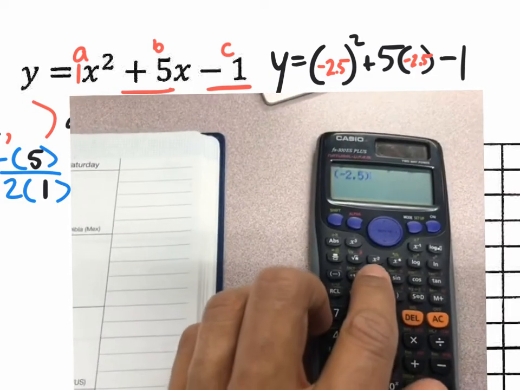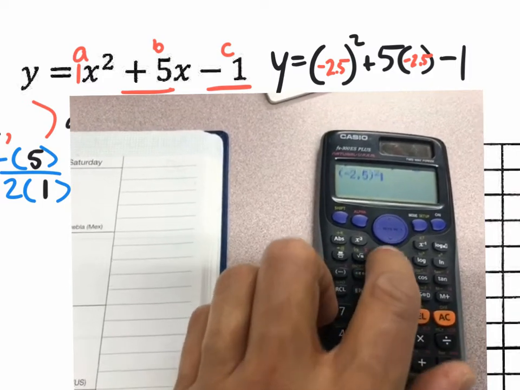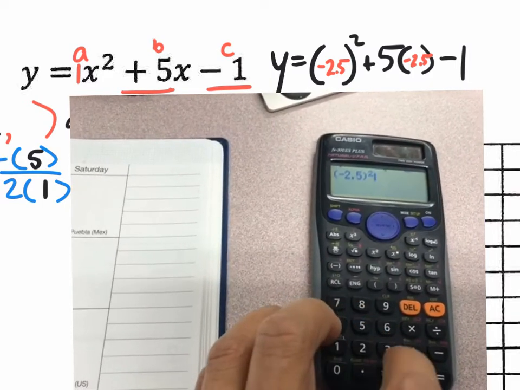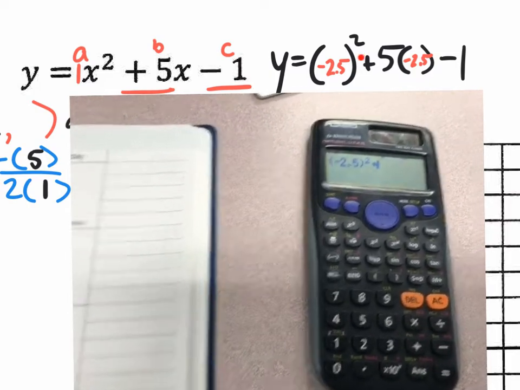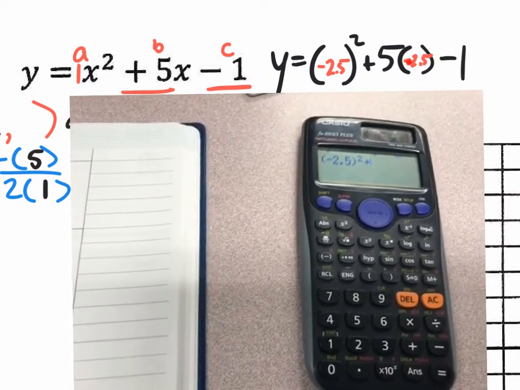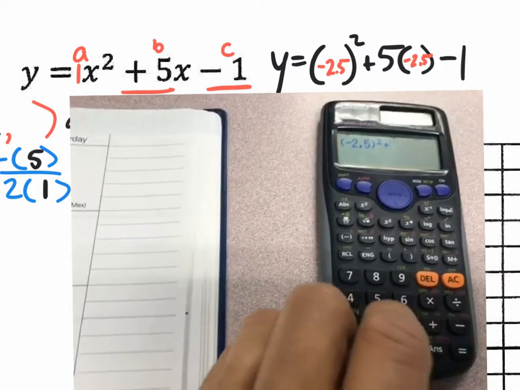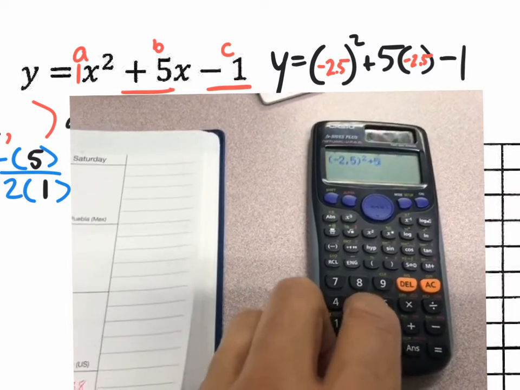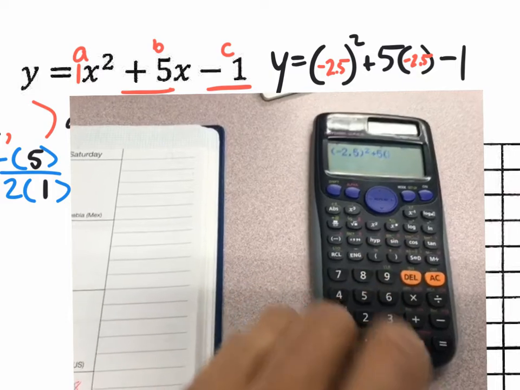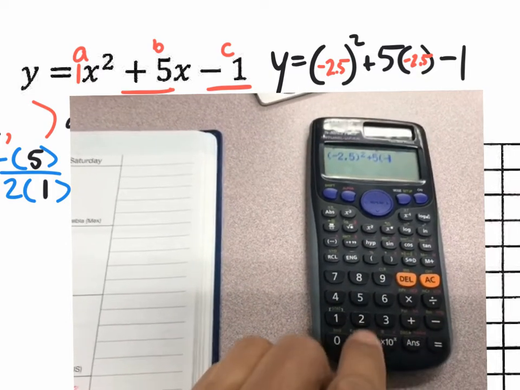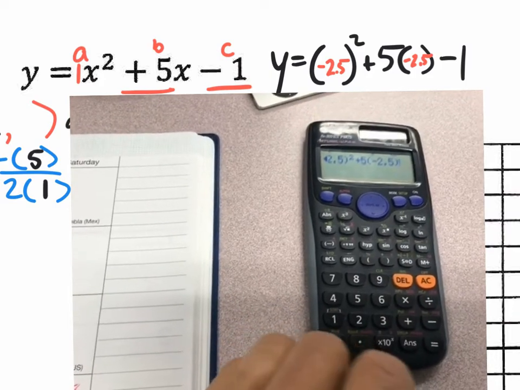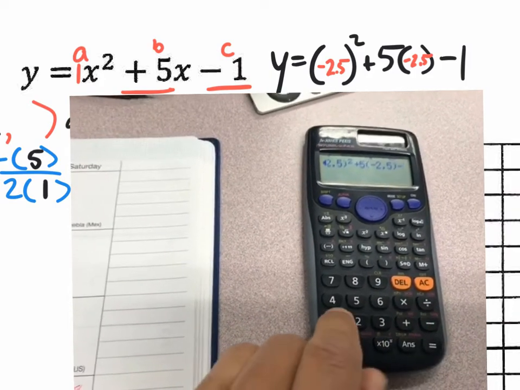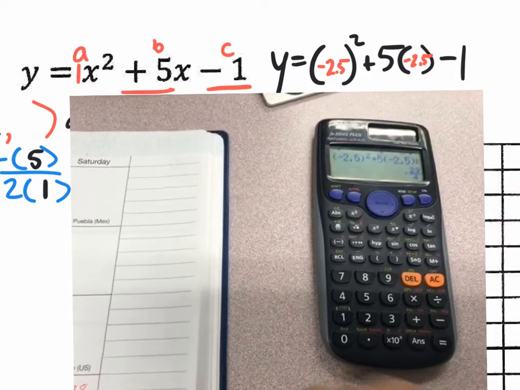And right here there's a power of 2, so you could click that button, and then after that put plus, just like it is up here, plus 5 parenthesis and all that stuff. So let me continue. Plus 5 open parenthesis, -2.5 minus 2.5 again, close parenthesis, and then -1 at the very end, -1, hit equal,